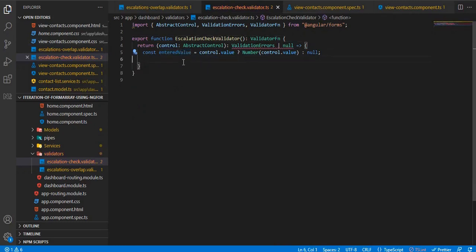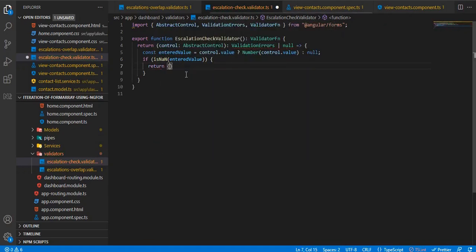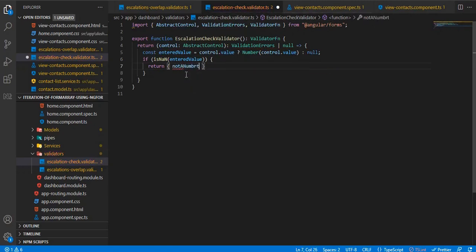We'll need the entered value. So firstly we'll check if it's a number or not. We cannot really enter a string, so we have this NaN function in JavaScript which will take in this entered value, and if it is not a number it will return true. So this will return not a number as true. Okay, that's one.